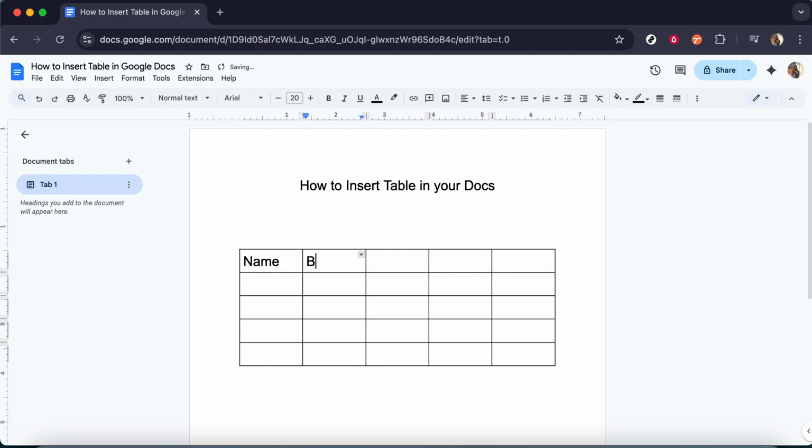You can format your table further by adjusting its headings, merging cells, or even changing the border colors to make it visually appealing. Remember, practice makes perfect, so feel free to experiment with the table settings to see what works best for your document. And that's all there is to it. Creating tables in Google Docs can really make your information stand out, so give it a try and transform your documents with this